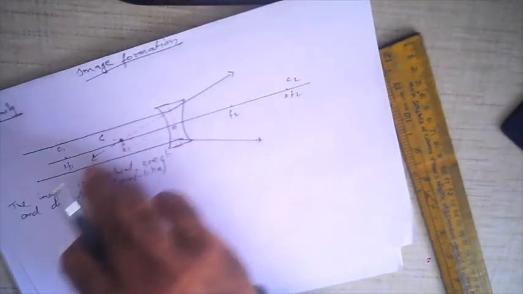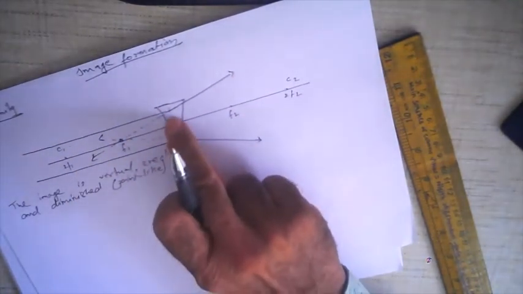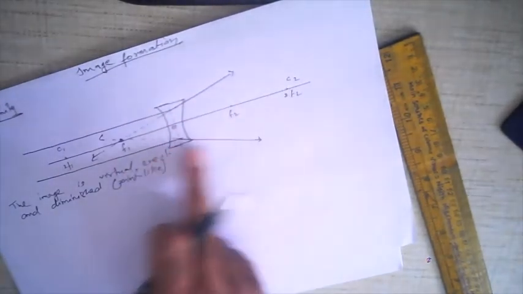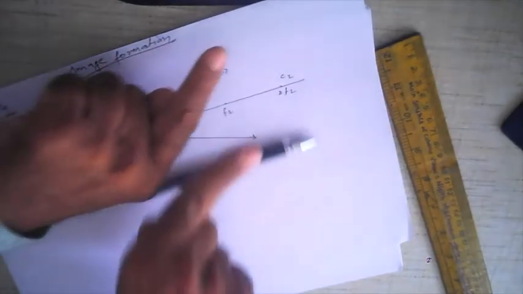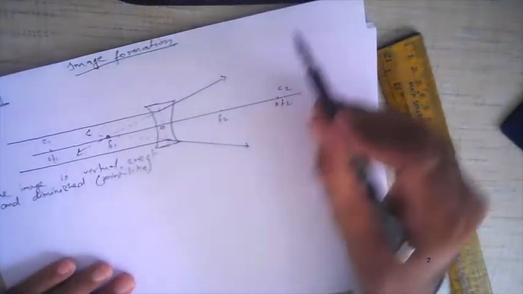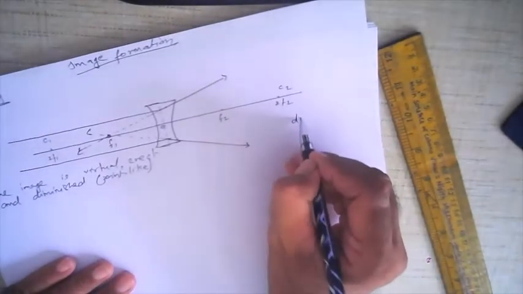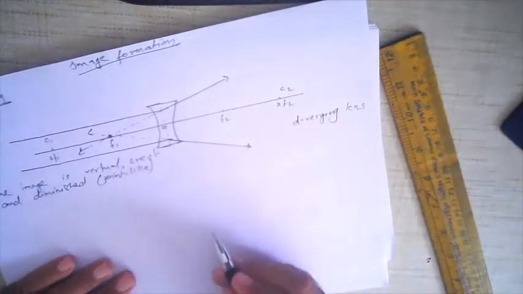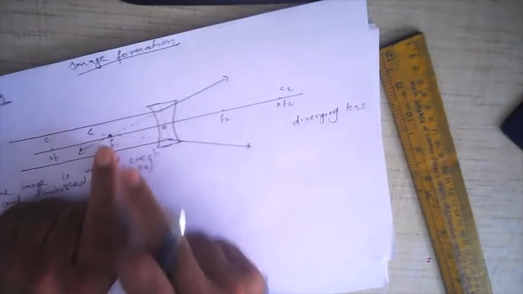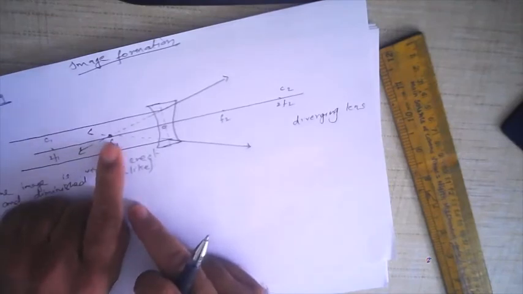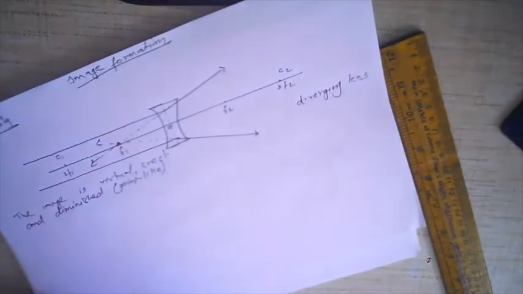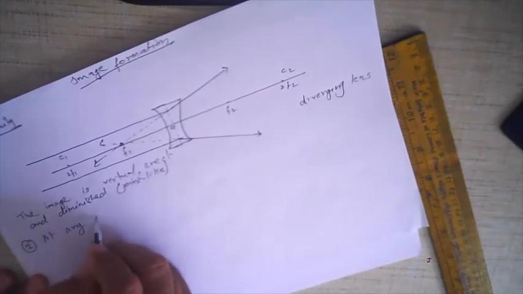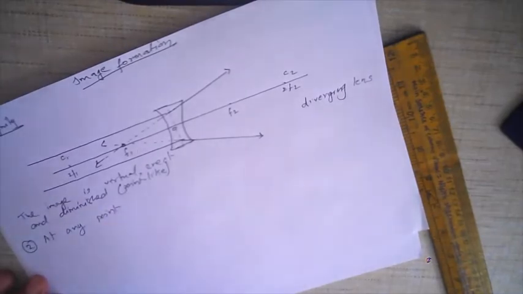Just make sure the rays go through the lens. Refraction: the rays of light travel through the lens. In the earlier diagram, I did not let the rays travel through the lens, but they must travel through it, and then they do not meet. You see, they are extending this way. One ray of light is going this way and this one is going this way. That is why it is called a diverging lens, because the rays of light are diverging. But in reality, when they are extended back, they will meet here, and at this point a small image will be formed. And in the second case also, we can take it at any point beyond C, on one side.